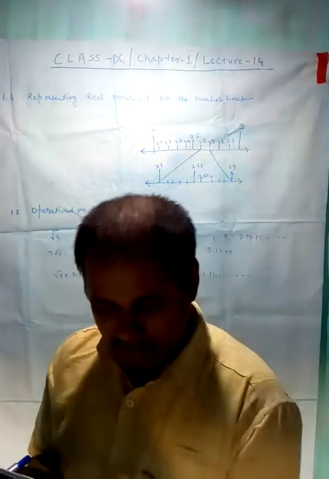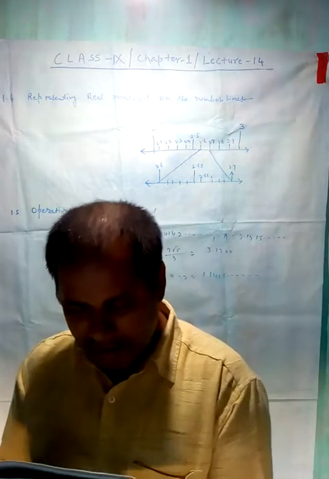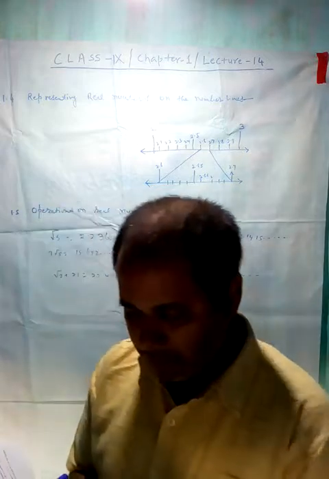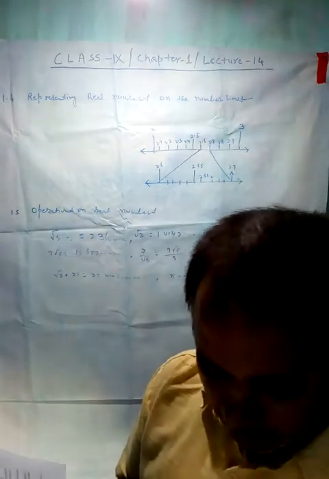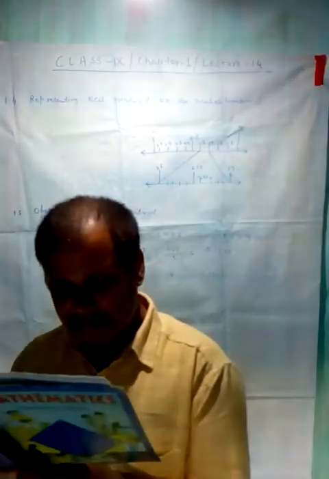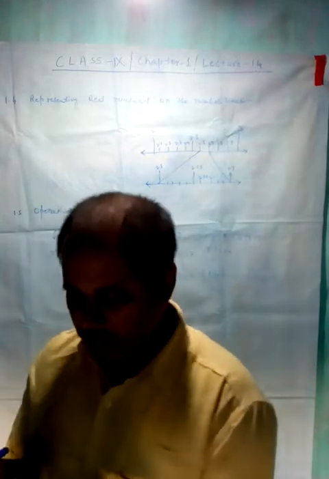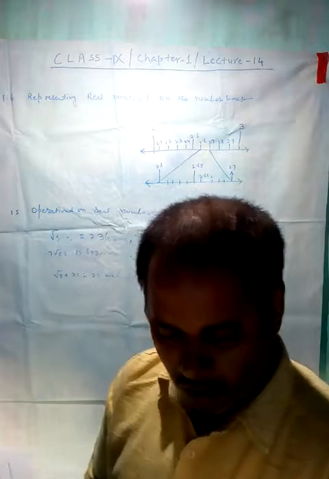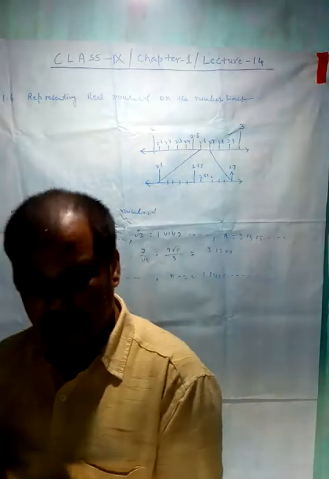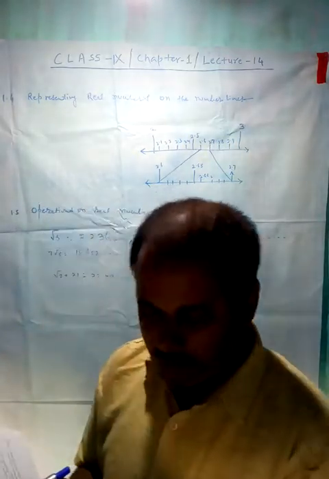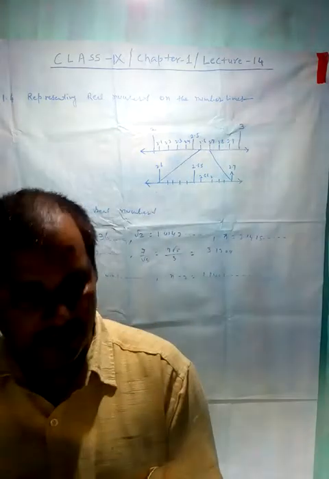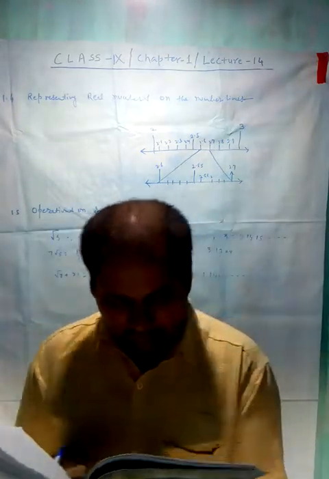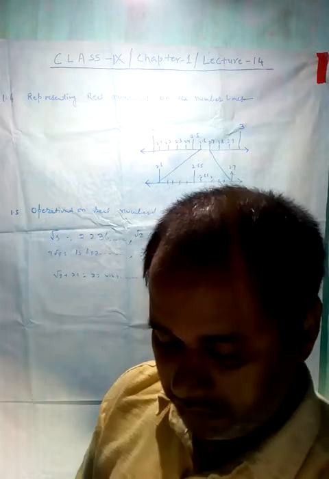Let us look at what happens when we add and multiply a rational number with an irrational number. For example, root 3 is irrational. What about 2 plus root 3 and 2 into root 3? Since root 3 has a non-terminating, non-recurring decimal expansion, the same is true for 2 plus root 3 and 2 root 3. Therefore, both 2 plus root 3 and 2 into root 3 are also irrational numbers.